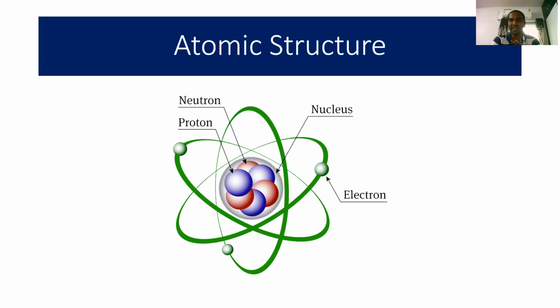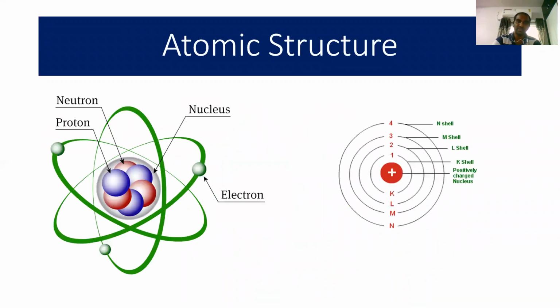You know, every material is made up of atoms, and an atom has a nucleus at the center, which consists of neutrons and protons. A neutron is neutral in charge and a proton is positively charged. Around the positively charged nucleus, in circular or elliptical orbits, electrons rotate in various shells, and the electrons have negative charge. In these diagrams, you can observe that exactly at the center the nucleus is there, which consists of neutrons and protons, and around the positively charged nucleus, in the circular orbits, electrons are oriented.